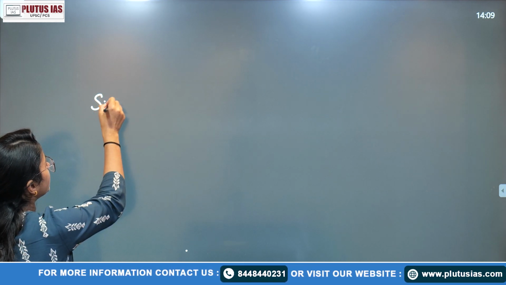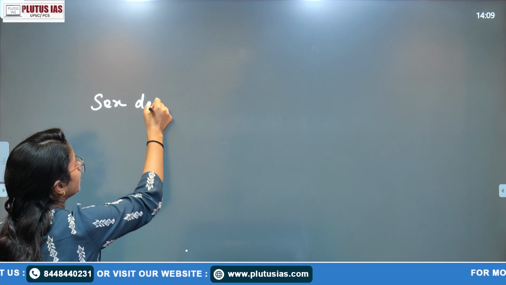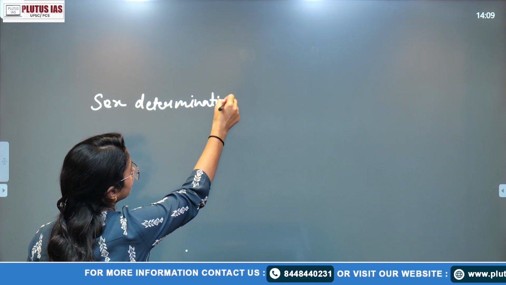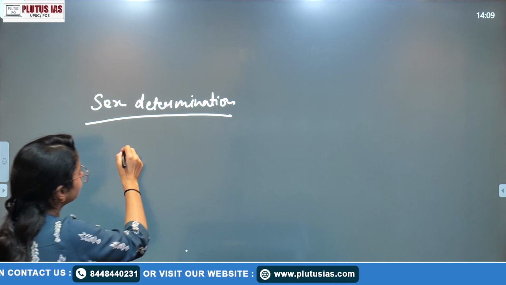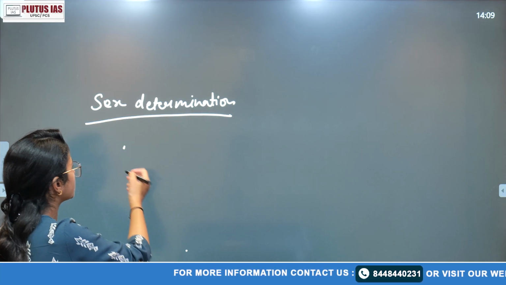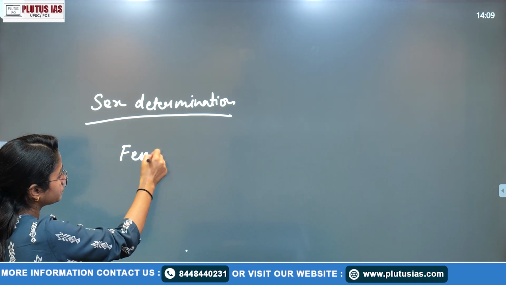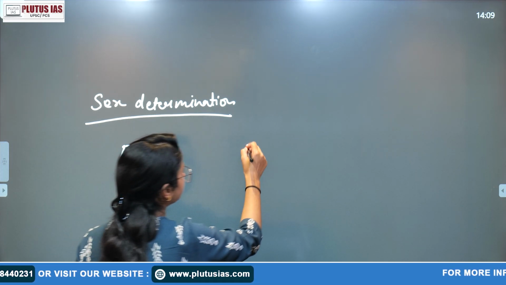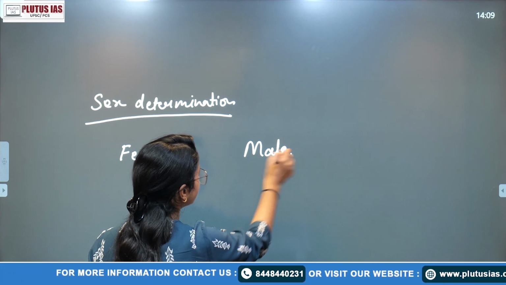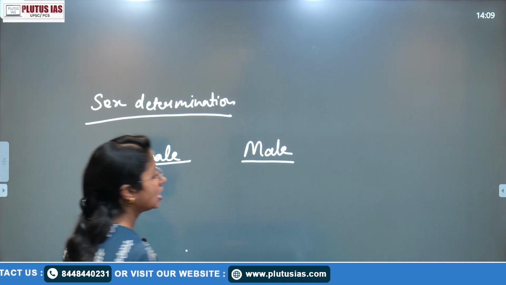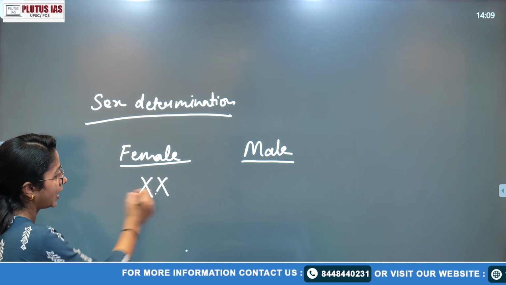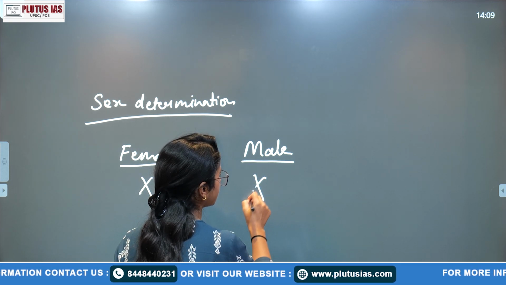So why are we saying sex determination? If we consider the human, in the human there are mainly two genders, or better, sex, because this is the topic about sex determination. One is female and second is male. If we ask what is the difference, how are male and female sex decided, of course it is with the help of the chromosomes. In the female, that is XX, and in the male, that is XY.